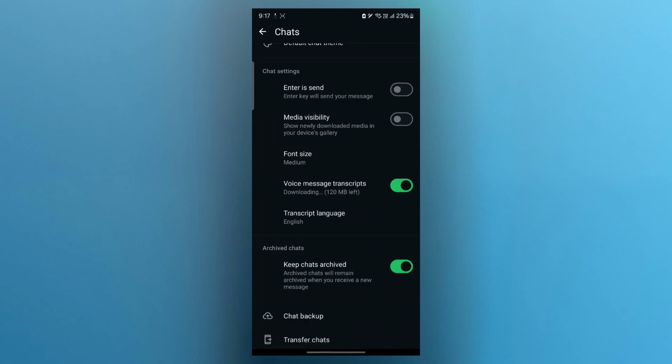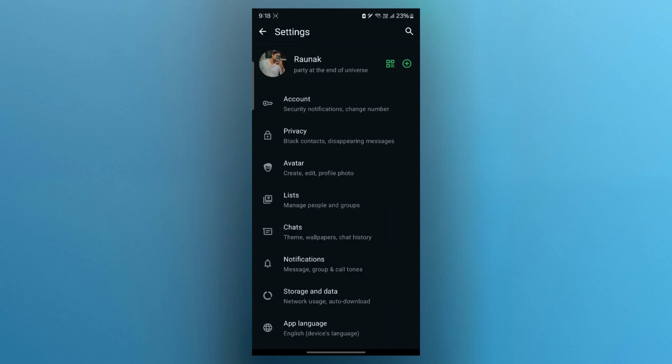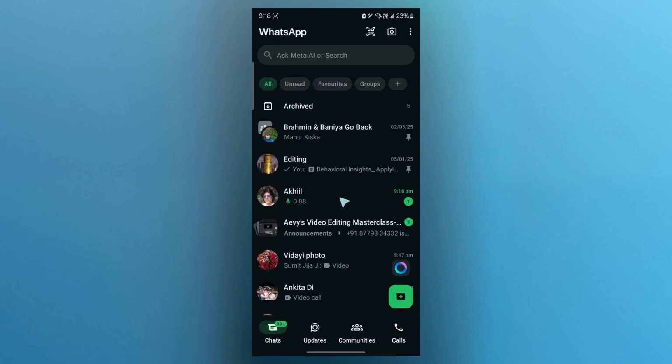This will also download the voice message pack and the downloading will be shown here. So you'll have to wait for a while for the download to get finished. Now, after the download gets finished, what you'll have to do is go back and simply open any of the